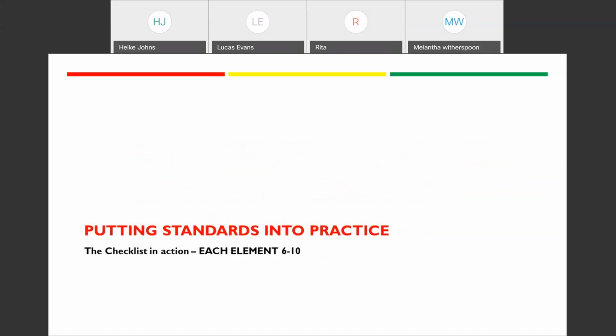So this is a continuation from what we talked about last time. Hopefully all of you have attended last time, otherwise you'll be very confused. But I'll try to give a little bit of a review. As you remember, we went into a deeper dive on each element. We talked about what they were, what the components of each element were, and then we gave some examples and